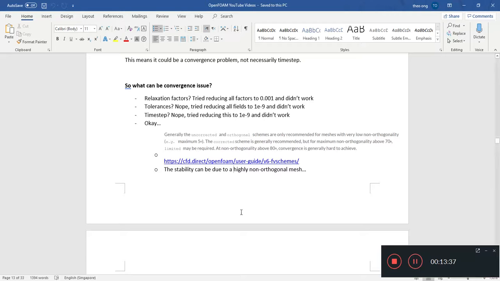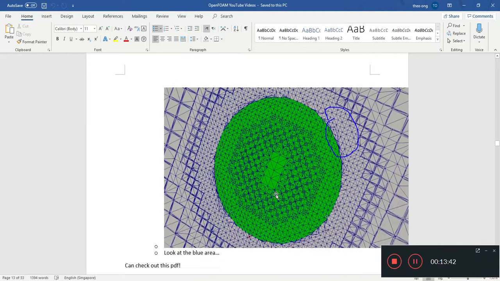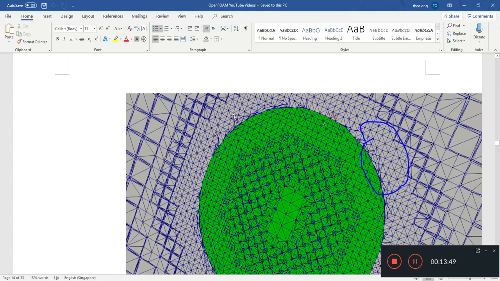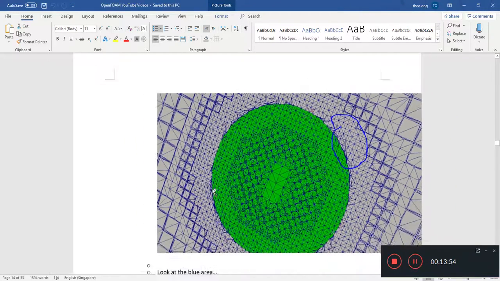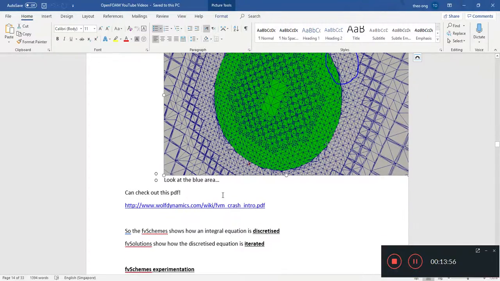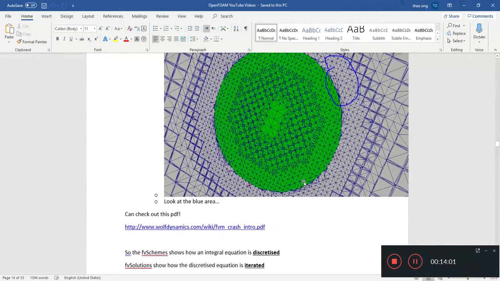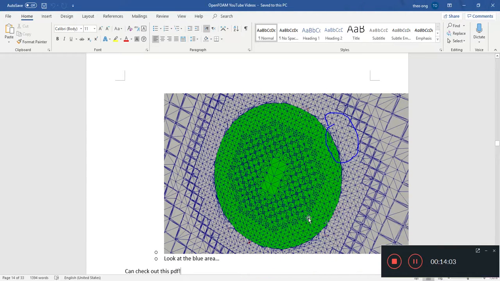The in-depth understanding I'll explain a little later, but we can speculate that when we look at the shape of the mesh near the boundary, we see it's very highly irregular, and that can actually mess up the solver. All right, and what does the solver do? For that we need to study the fvSchemes a little more and take a look into